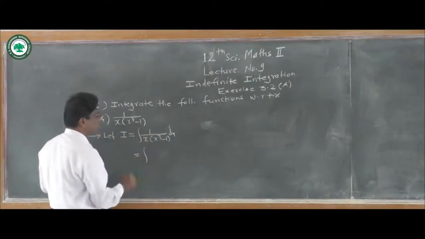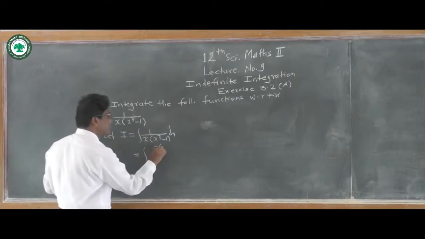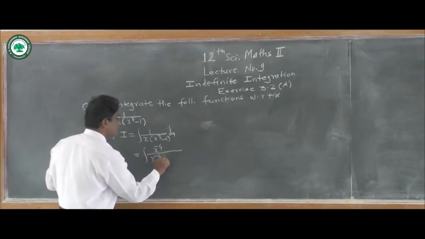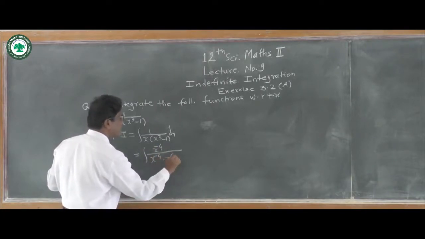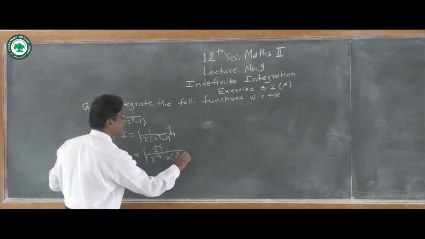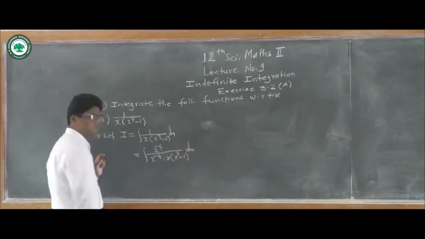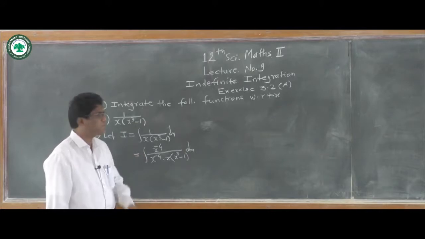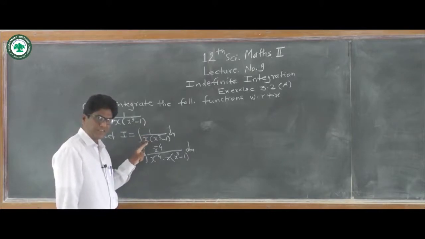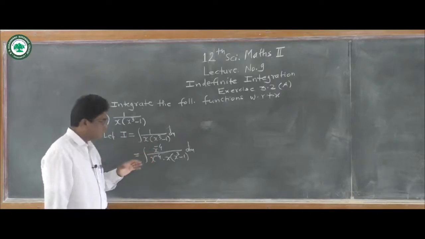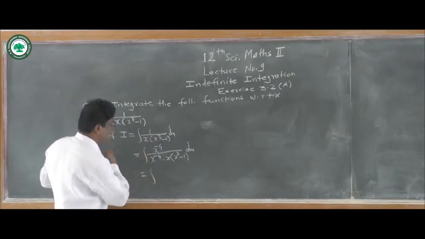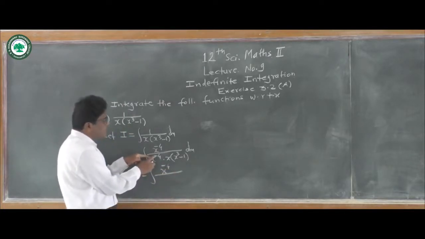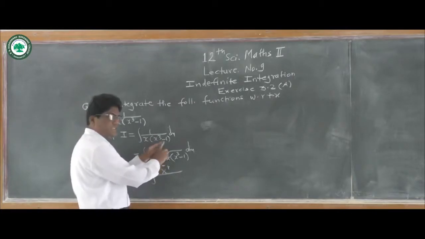So this is equal to integration of x to the power minus 4 divided by x to the power minus 4 into this x into x cube minus 1 dx. See here, I have taken x to the power minus 4 and multiply that x to the power minus 4 to numerator and denominator. New trick here. So we get here this is equal to integration of x to the power minus 4 as it is, and now multiply x to the power minus 4 into x inside the bracket.